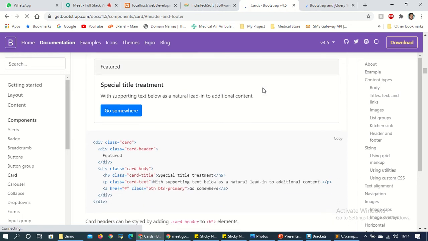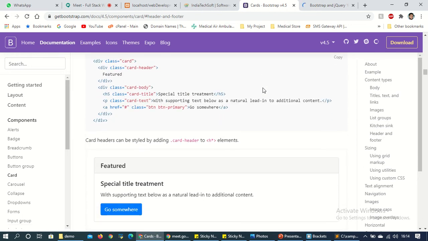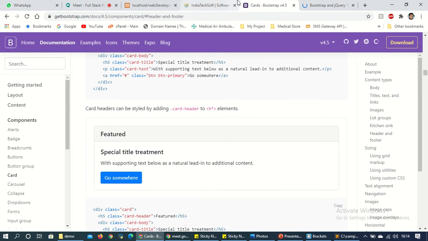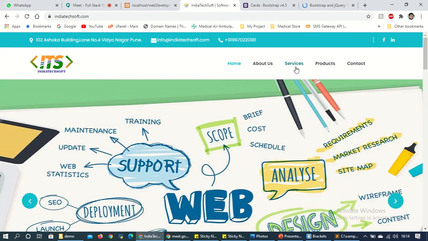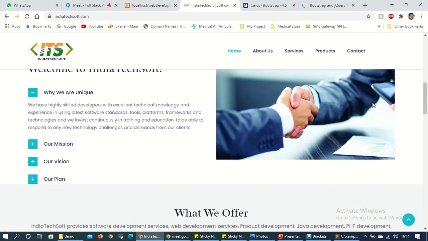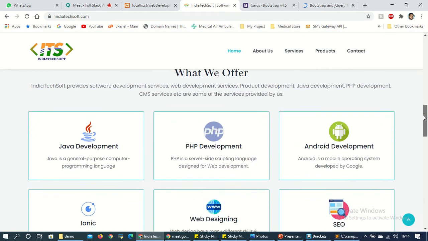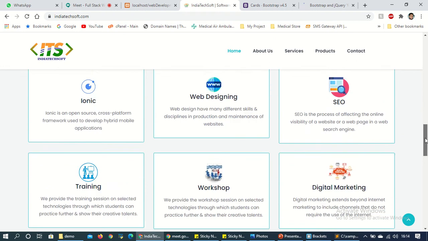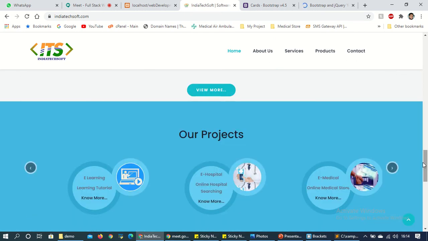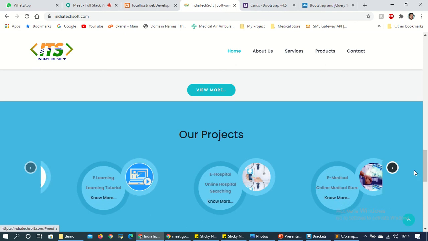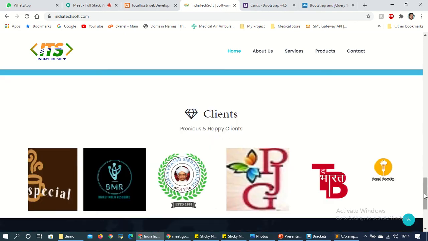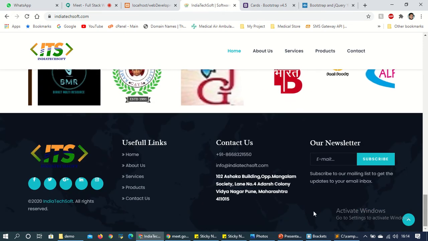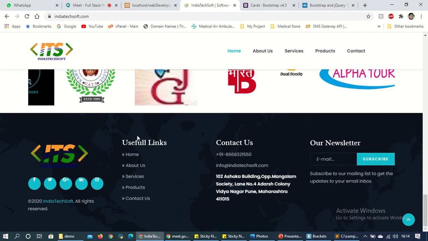Now this is the footer for Bootstrap. Just assume we have designed this one, and this one. Now the next part is this one. Then some clients, and the footer is this one.